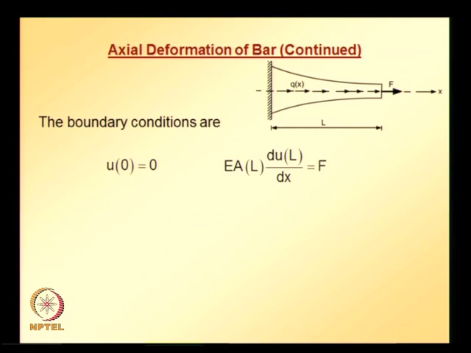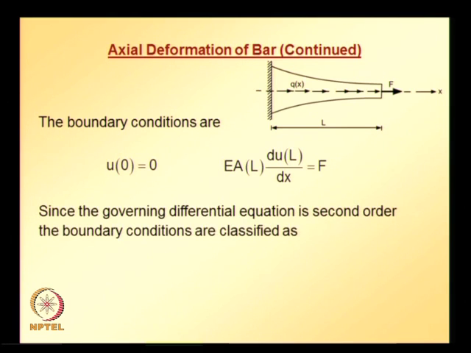So, we need to solve the differential equation representing the physical phenomena of axial deformation of a bar over the domain x going from 0 to L subjected to these two boundary conditions. And we noted already that the differential equation is a second order differential equation. So, to solve the differential equation we require two boundary conditions. So, just now we obtained the two boundary conditions,